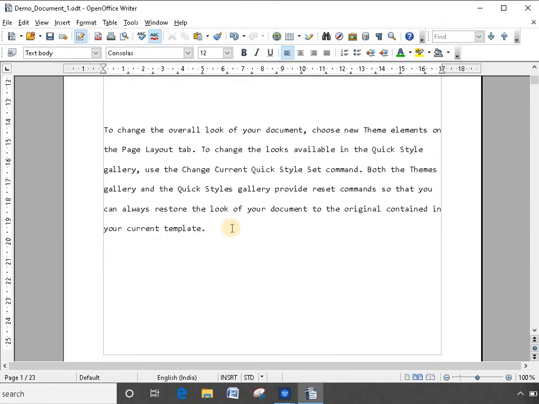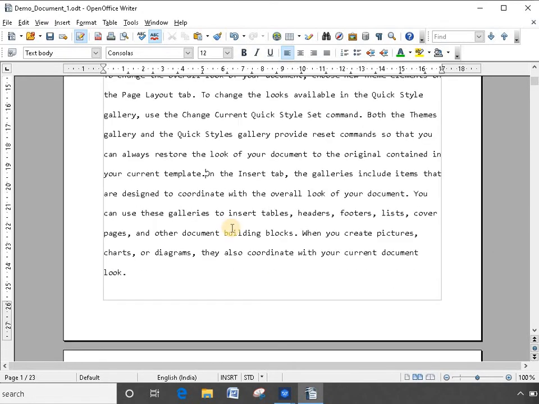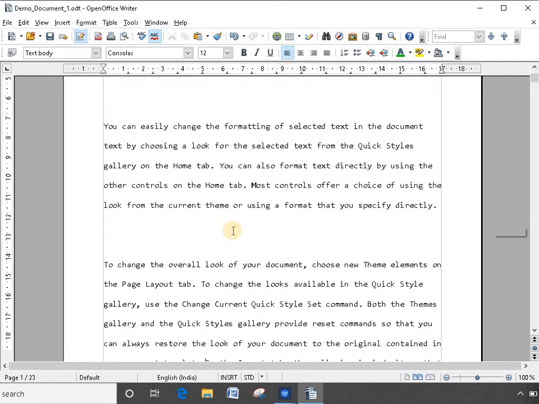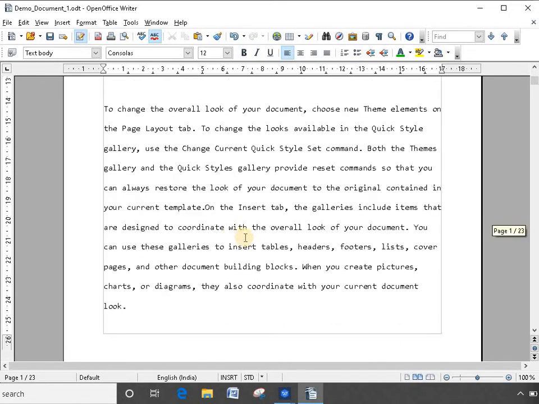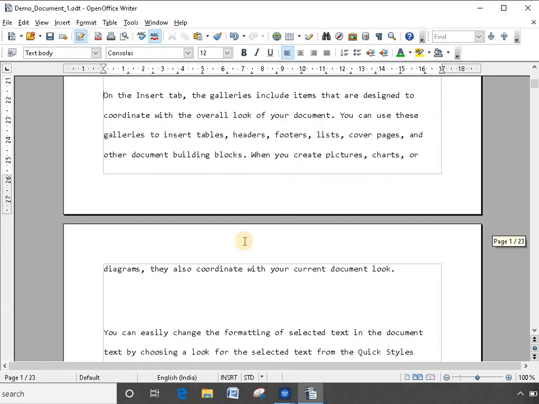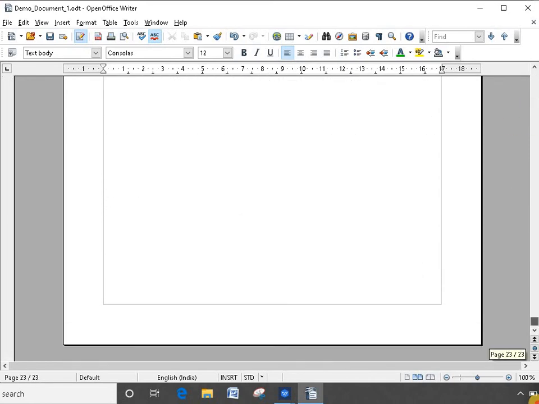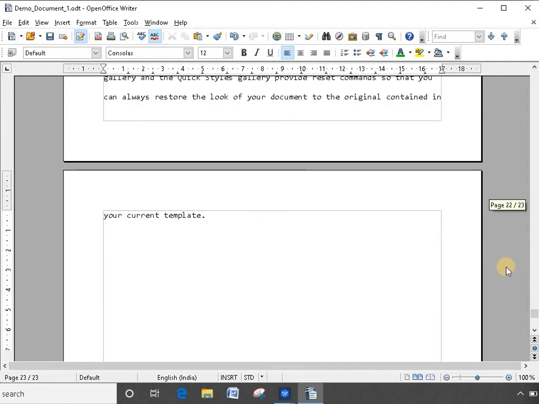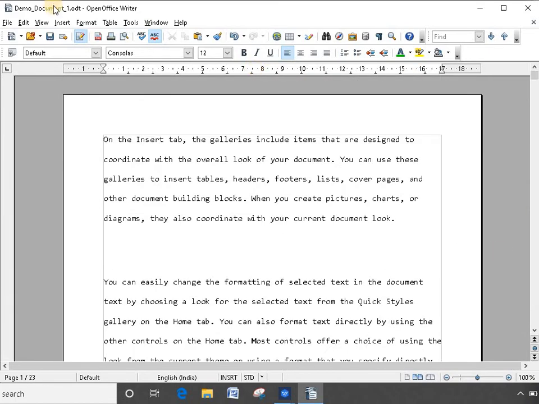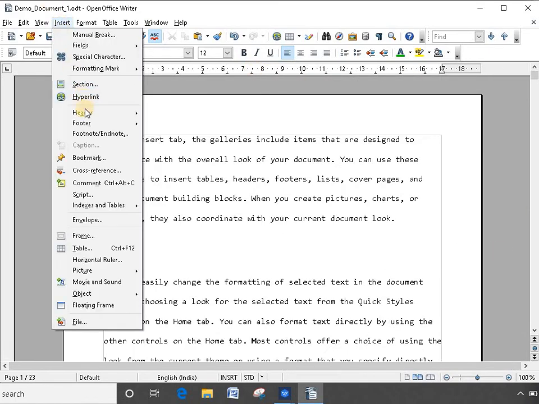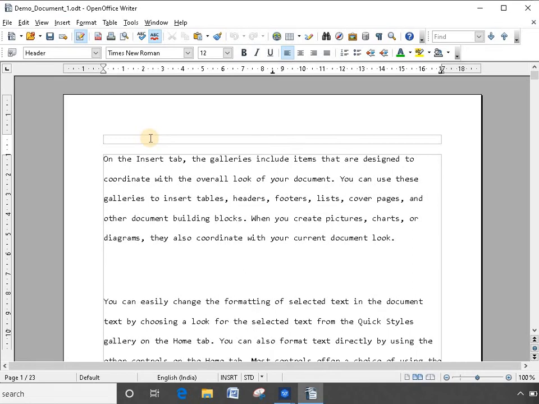So it is no magic. Still it is 23 or 22, so it is 23 pages. So go on the insert menu, and from here we have the header option, header for all, for default, or for HTML. Header all. Okay, so this is the header of